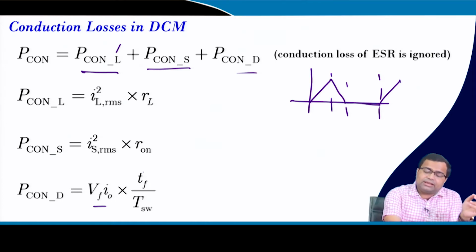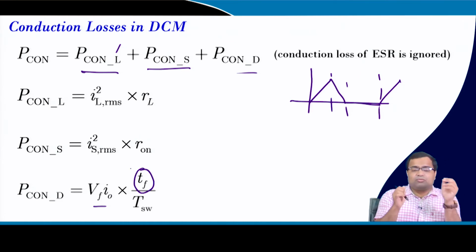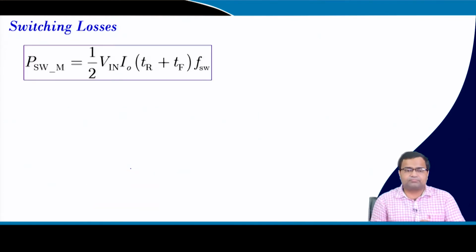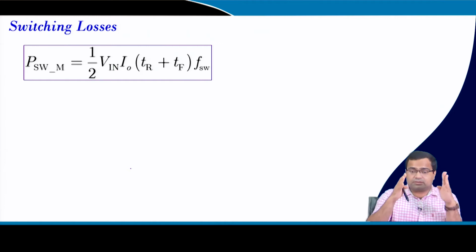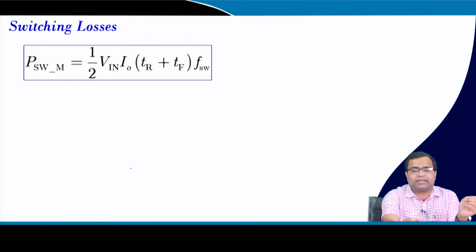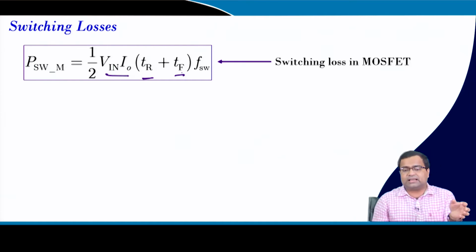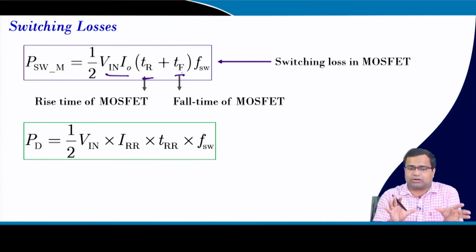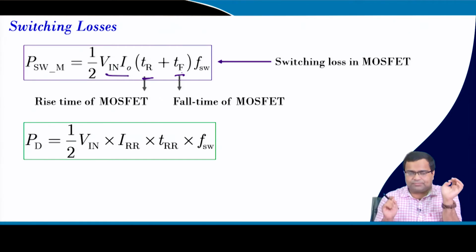But here, this is the time when the diode is activated, that is during the off time. Switching loss, if we take the main switch, the switching transition loss can be written like this, where TR and TF are the rising and the falling slope of the MOSFET. I am not going into this because these are very standard, and you can go to any data sheet or application note, and you will get all this formula.